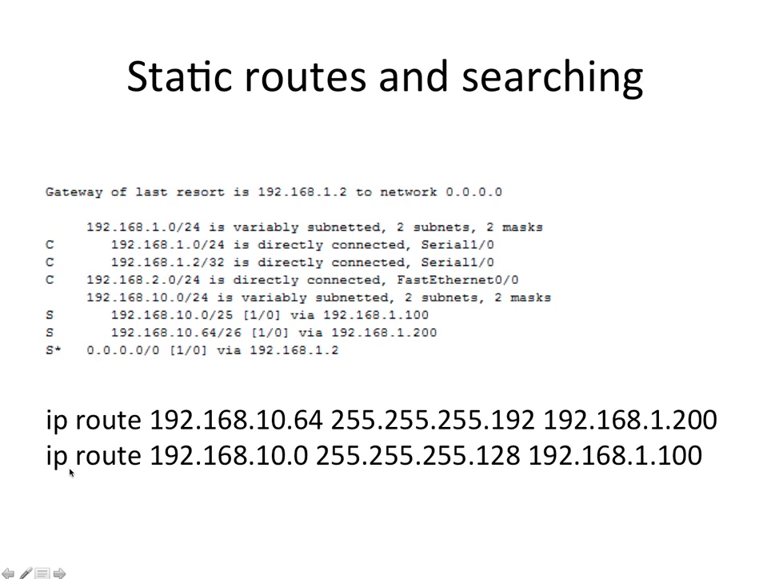The second route, syntax is the same. IP route, network address, subnet mask, next hop. This says anything that is 192.168.10.0, 255.255.255.128, send that to 192.168.1.100. So essentially that is saying anything that goes from .0 to .127, I want you to send to 192.168.1.100. So if you did your subnetting and you are paying attention, then you may be asking yourself right now,